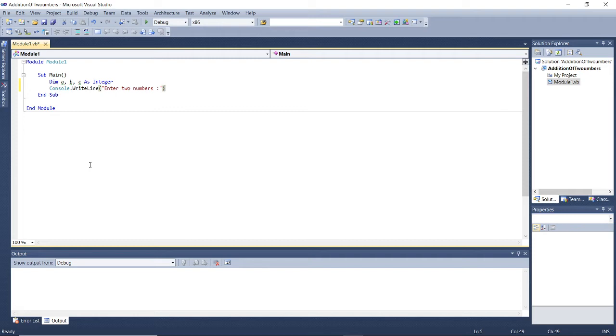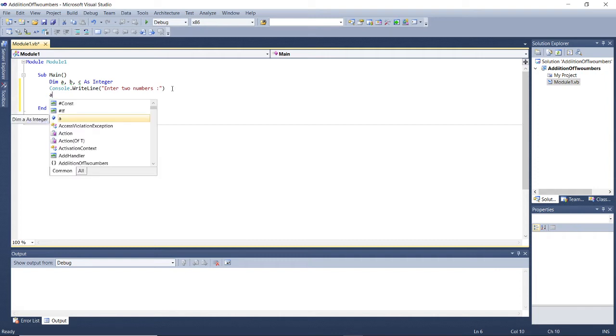So how to convert the things? Which statement do you have to write here? The first statement will display "enter two numbers" onto the screen. After that, the user has to give two numbers, and these should be stored in variables a and b. So which statement should be written?